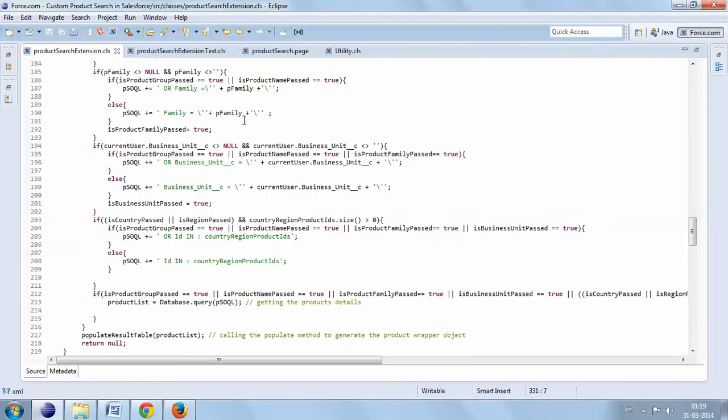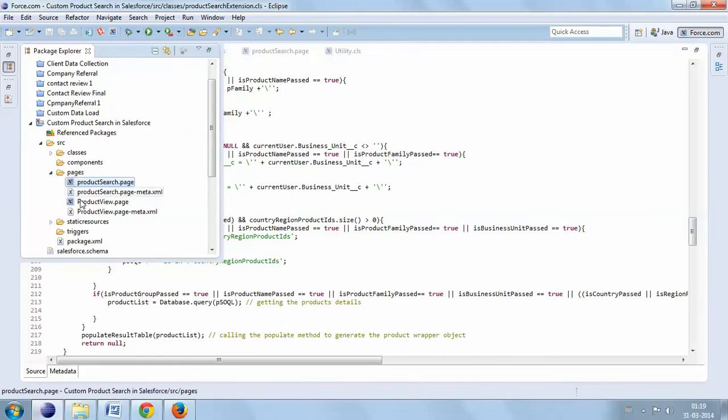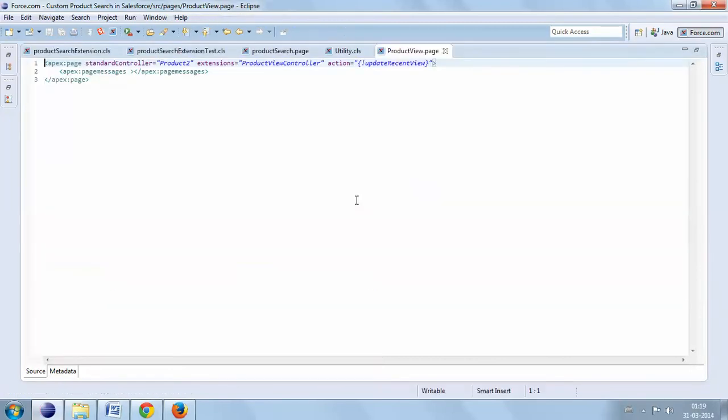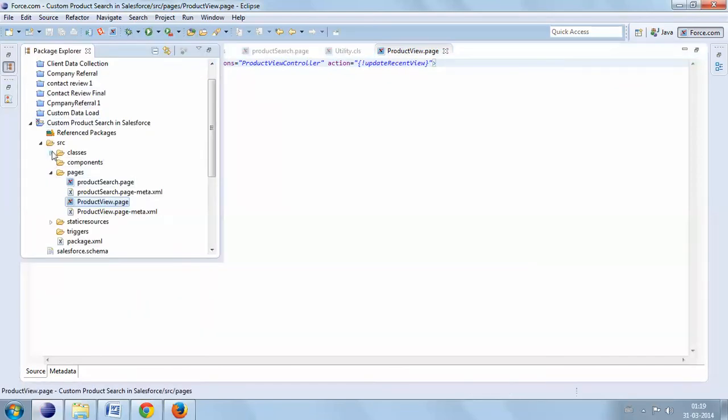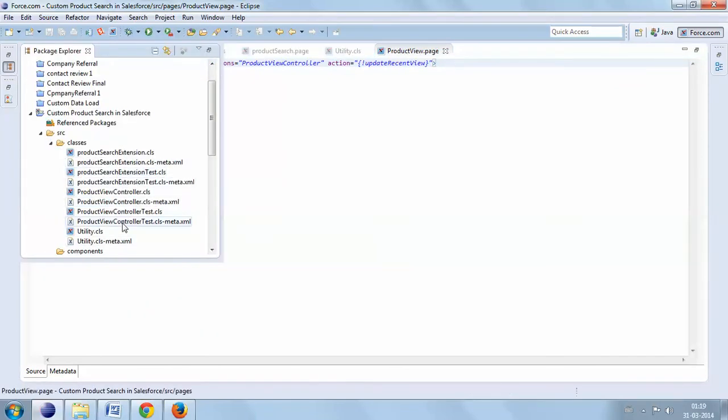And now I will go to the product view page. I have overridden the product view using this page. This is nothing, just an on action method. On action I am calling one method of the class. So if I go to the class,